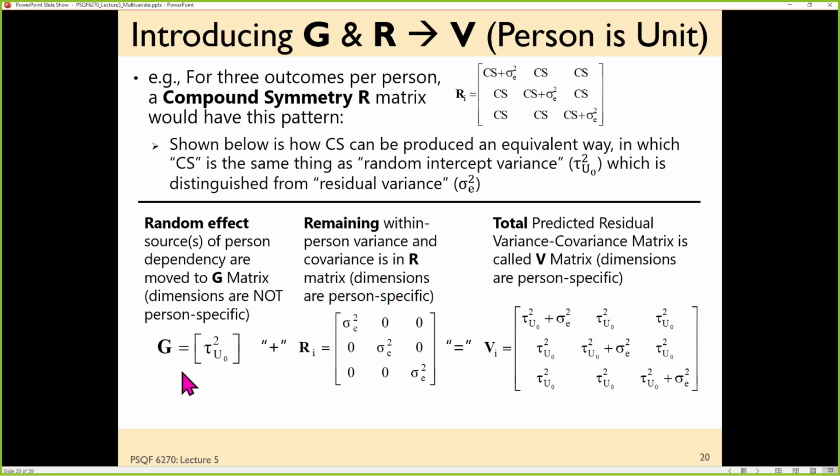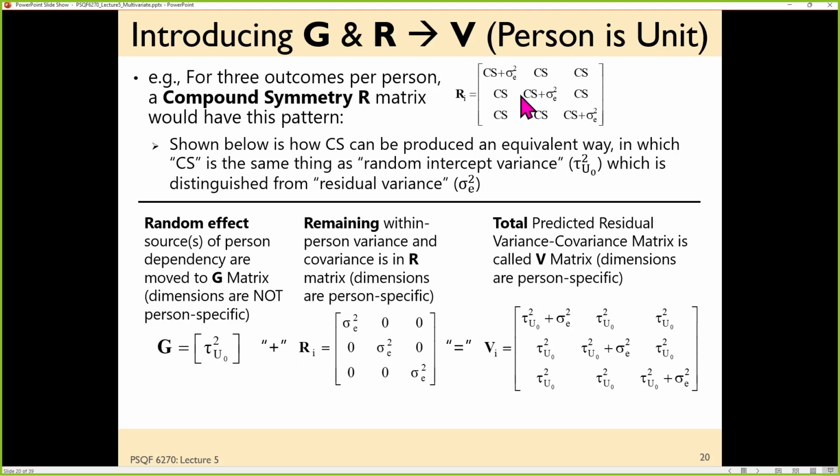But we have this thing that I'm introducing called the G-matrix. In multilevel modeling notation, this refers to any level 2 variance terms, random intercepts and slopes, and R is still the level 1 residuals of what's left. So another way of asking a program to give you this compound symmetry structure is to do it this way instead.